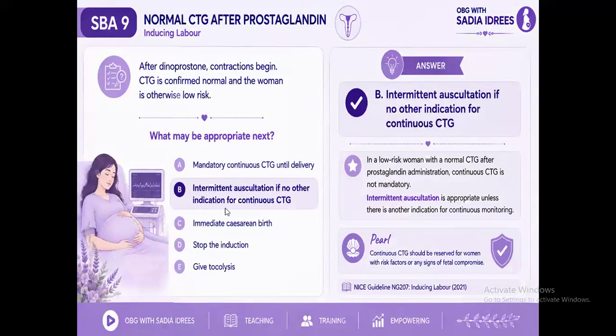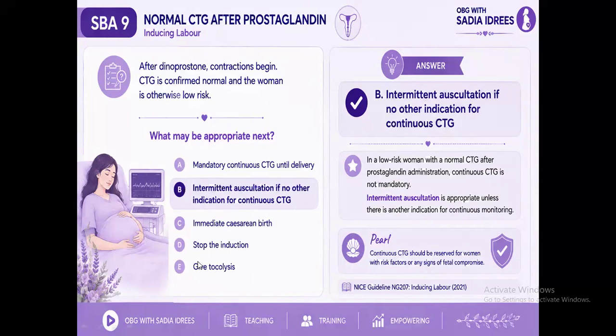But now comes an equally important question. After dinoprostone, contractions begin. CTG is confirmed normal and the woman is otherwise low risk. What may be the appropriate next step? A, mandatory continuous CTG until delivery. B, intermittent auscultation if no other indication for continuous CTG. C, immediate cesarean birth. D, stop the induction. And E, give tocolysis. The correct answer is intermittent auscultation, provided there is no other